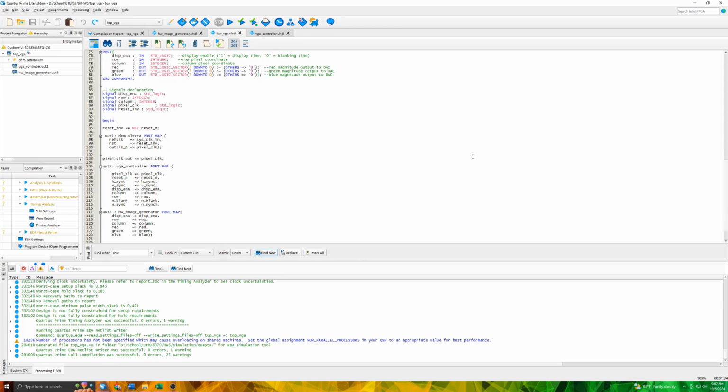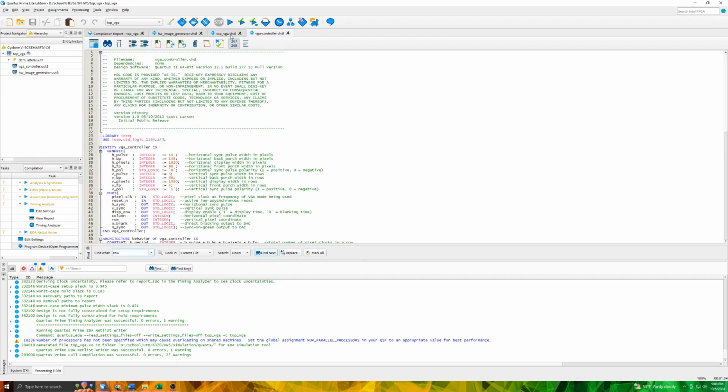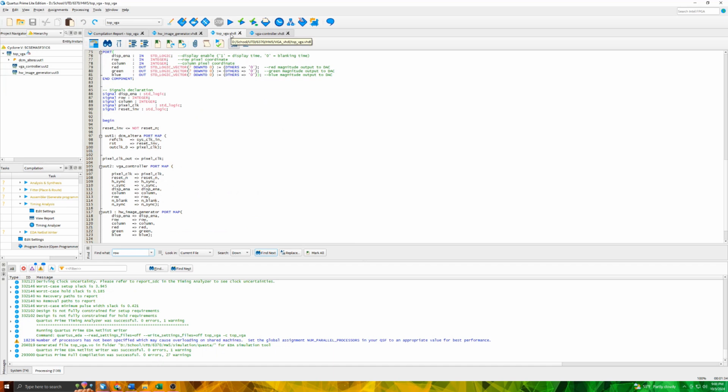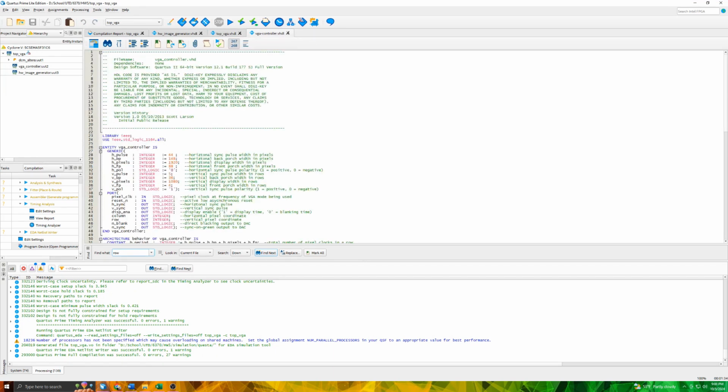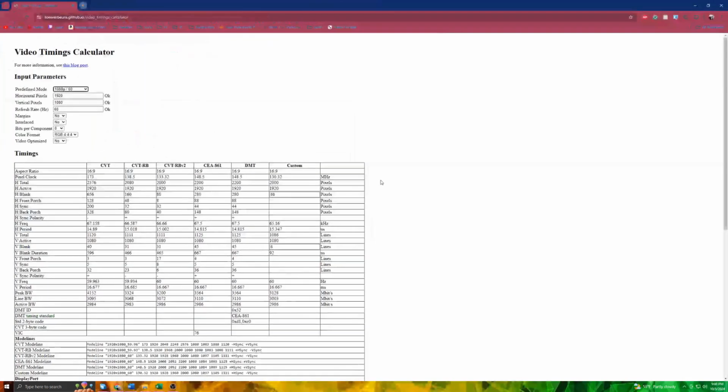So the goal of this homework was to generate an image that would be displayed on the screen of a monitor through the VGA cable. Now, after creating the project, we imported the hardware image generator, the top VGA, and the VGA controller files into the project. Then we would go to the VGA controller, and I used this video timing calculator to find the